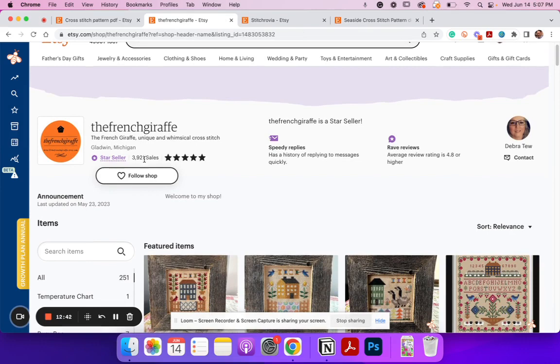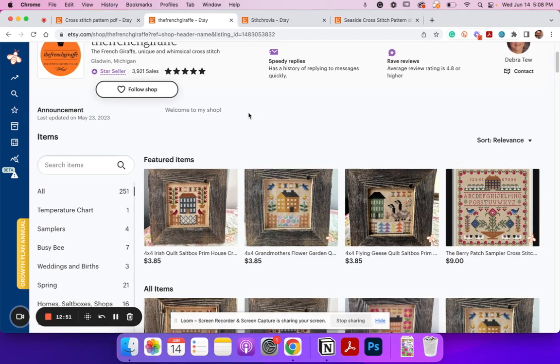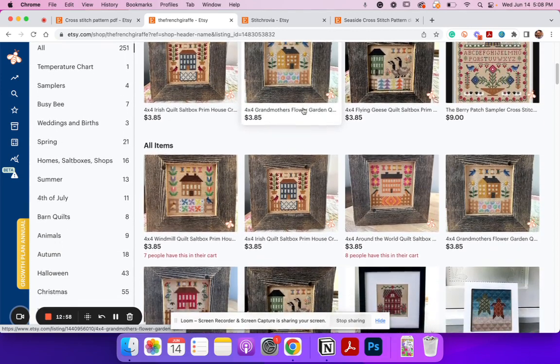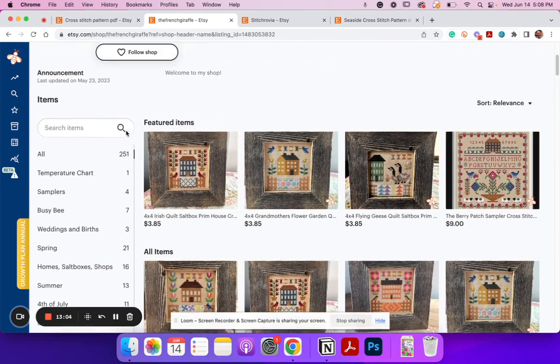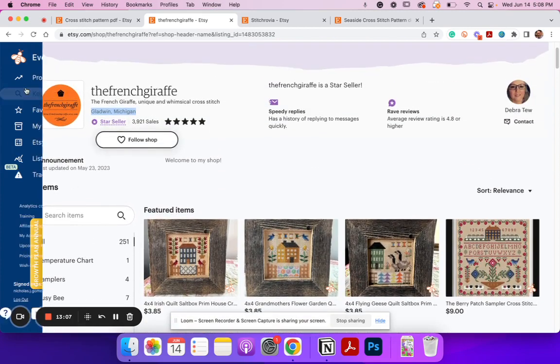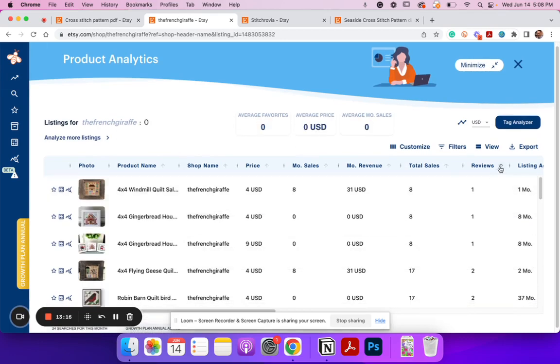And this shop, as it appears, the French Giraffe, has 3,921 sales total in their shop. And actually, this shop is not too far from me, Gladwin, Michigan. So, man, just some very awesome products here. You can see there's 251 items that they have in their shop. And let's go ahead and see if we can do some product analysis here. Get a good idea what type of opportunities they have. So I'm clicking on reviews,